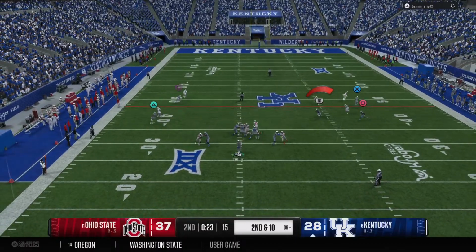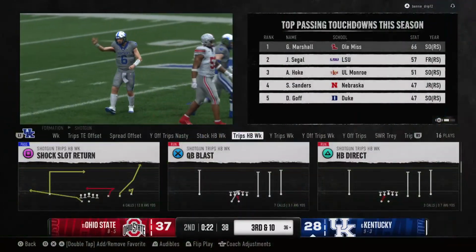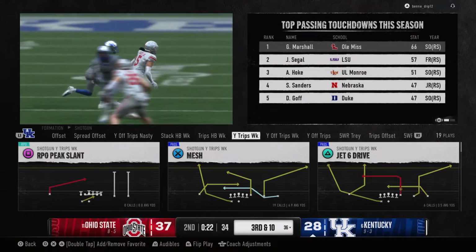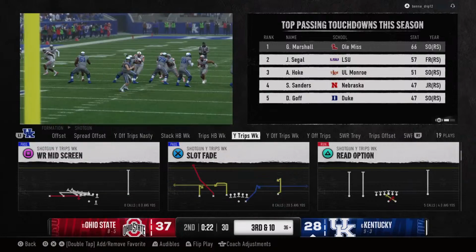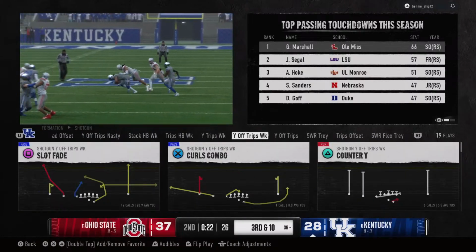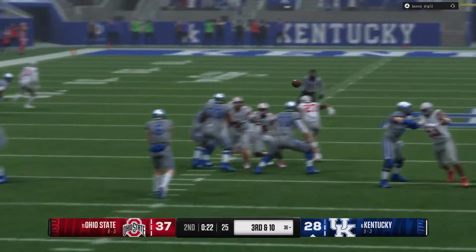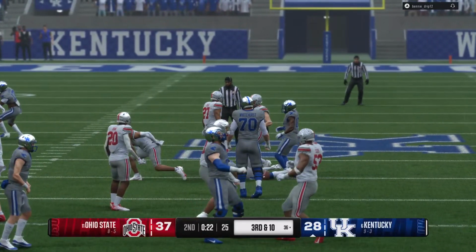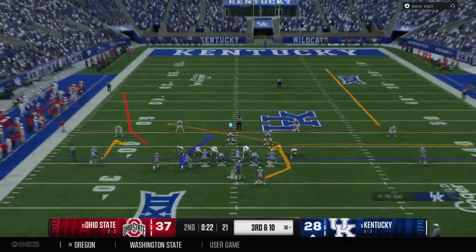And the QB will try again on 2nd and 10. That one falls incomplete. Looking for a flag, doesn't get it. Brings up 3rd down. Chris, I thought he had his hands on that football. I thought he was going to come down with it. But give the defense all the credit with a big hit to knock that ball loose. Not going to be easy here. Backed up, a long way to go for a 1st down.